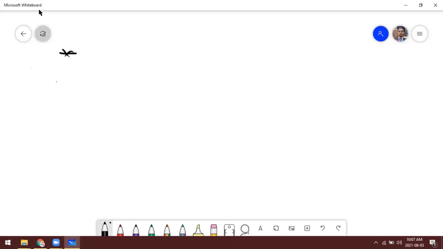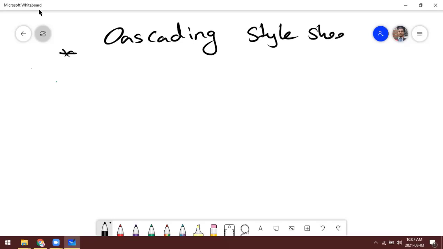First of all, we saw what is CSS, right? CSS stands for Cascading Style Sheet, which we use to design or style the HTML document or layout, right?